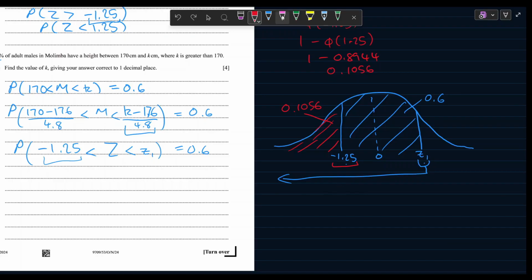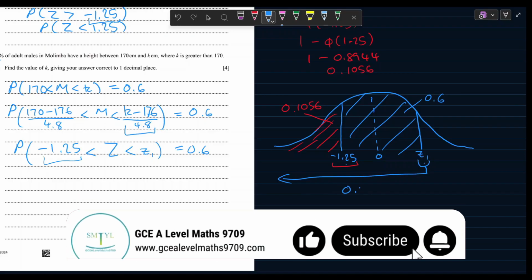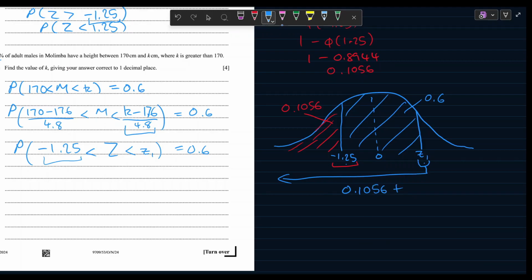So the total area to the left of Z1 is going to be, let me write it in blue, 0.1056 plus 0.6. That gives us 0.7056. So to get Z1, we can say that this is arc phi of this whole area to the left of Z1. So let's find the Z value that corresponds to this area using our normal distribution tables. And that's going to be